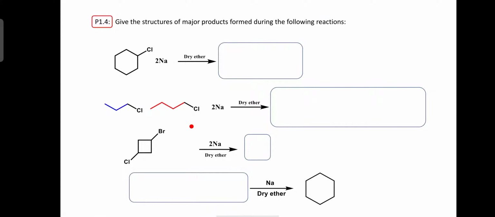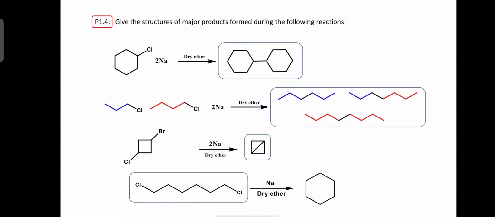So please try to solve these problems, and within a few seconds I will show the structures of the product. So just pause the screen now and write down the products, and now we will see the products here. Where is the difficulty here? So here one alkyl chloride is propyl, and one is containing 4 carbons, that is butyl.